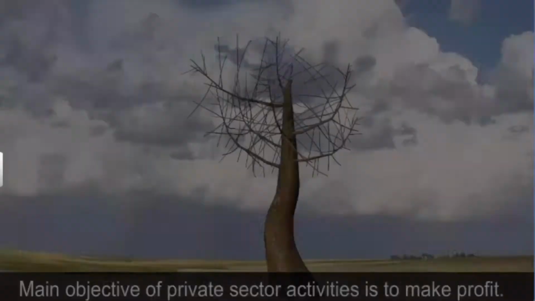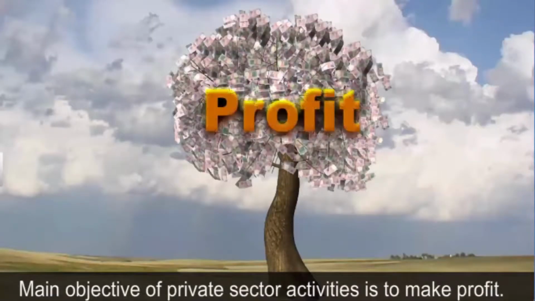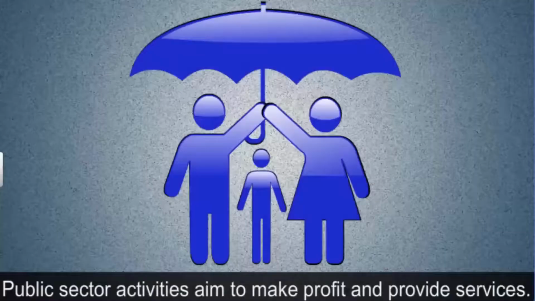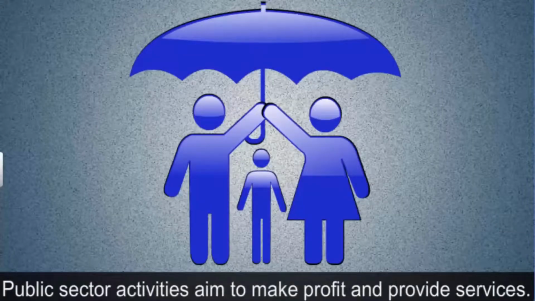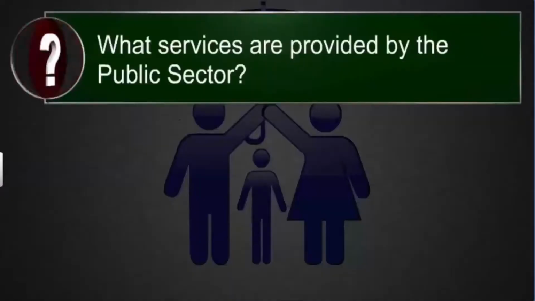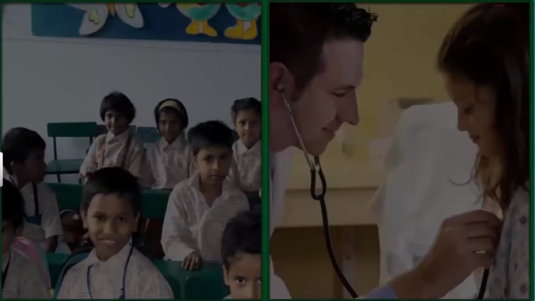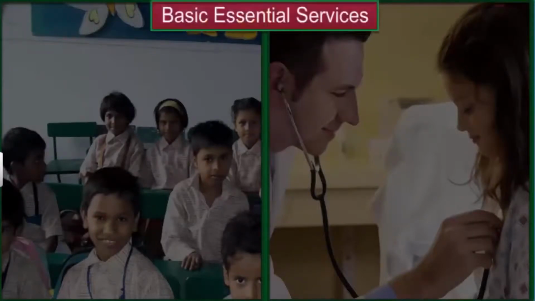The main objective of private sector activities is to make a profit. On the other hand, the motive of public sector activities is to make a profit and also provide essential services. Let us see what services are provided by the government through the public sector. The services that the government provides through public sector activities include basic essential services like education and healthcare,